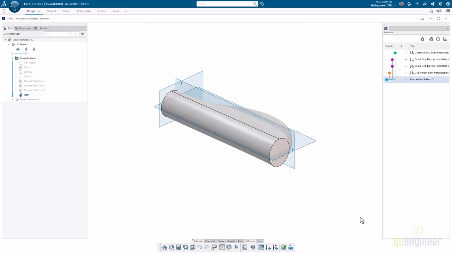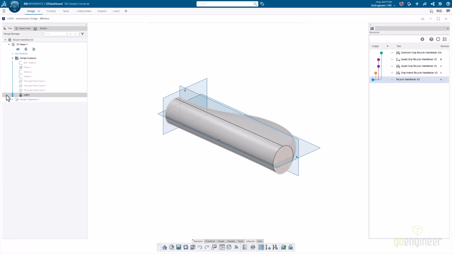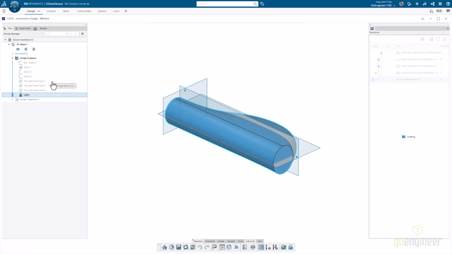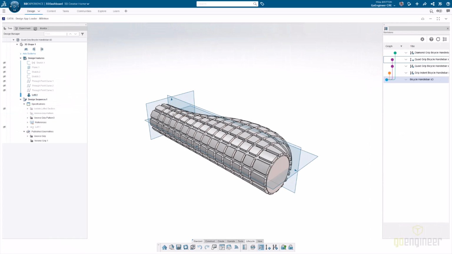We can see that this is a native 3DEXPERIENCE PLM input. Similar to my SOLIDWORKS configurations, I have a handful of branches here that we are going to explore. So here we have our bicycle handlebar, and I am going to hide this feature here. I'm going to show some of my design sequences. I have activated another revision here, the quad grip bicycle handlebar, and we can see that I have a nice